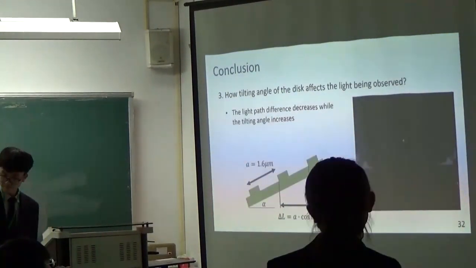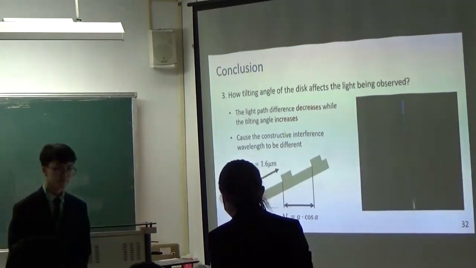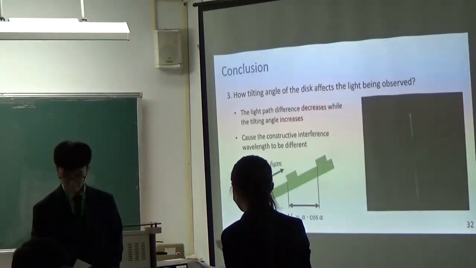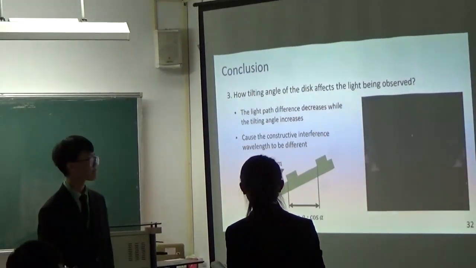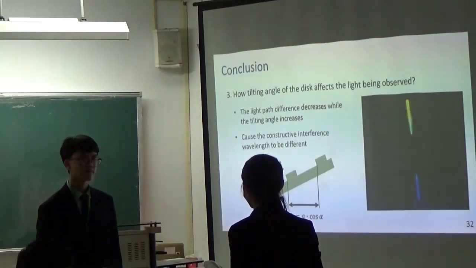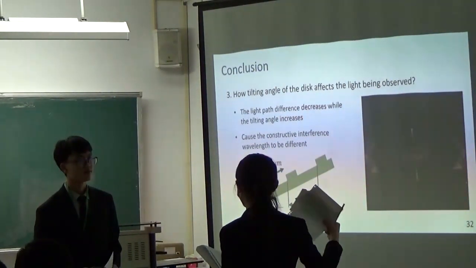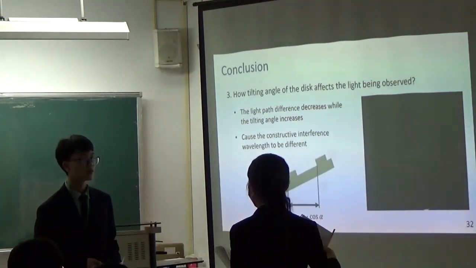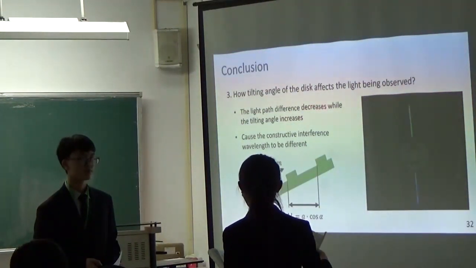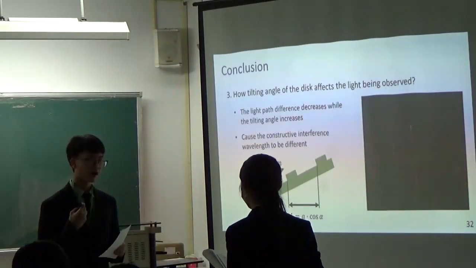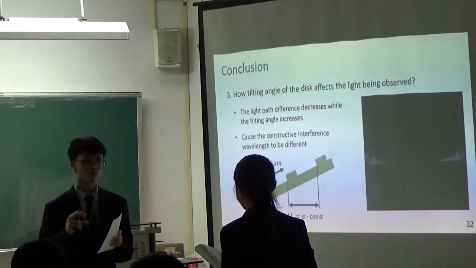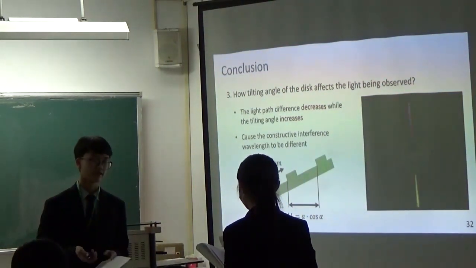Question from the opponent. So for the first question, I want to ask you, how did you define the green light in your experiment? Do you use the naked eye or use the machine here? What do you mean naked eye? You use your eyes to see the light and define the green, or you use the machine to define it? Oh, our eyes can see the green lights, and our camera can also capture the green light as well. Thank you.